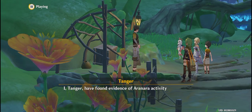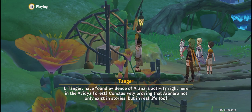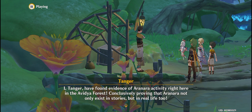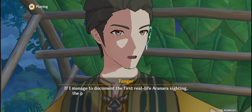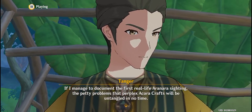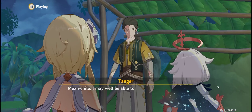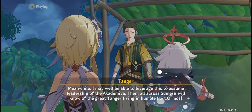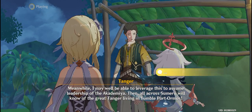I, Tanjir, have found evidence of Aranara activity right here in the Avidia Forest, conclusively proving that Aranara not only exists in stories, but in real life too. If I manage to document the first real-life Aranara sighting, the petty problems that perplex Akara Crafts will be untangled in no time. Meanwhile, I may well be able to leverage this to assume leadership of the academia. Then all across Sumeru will know of the great...